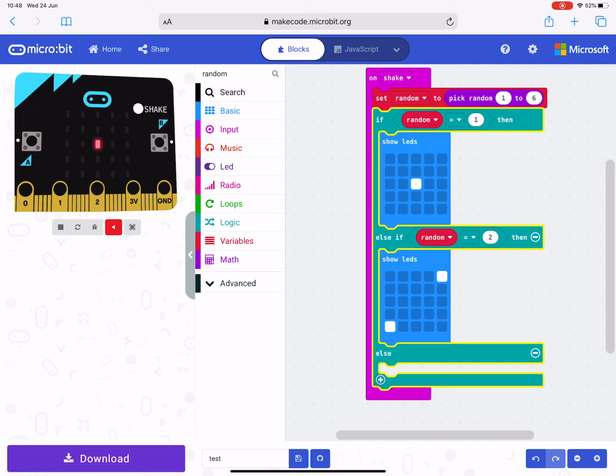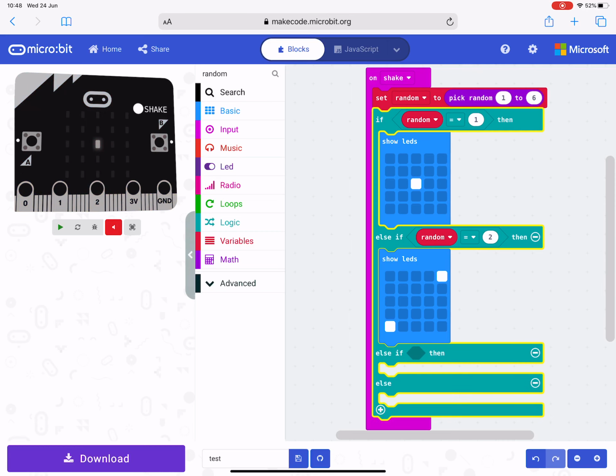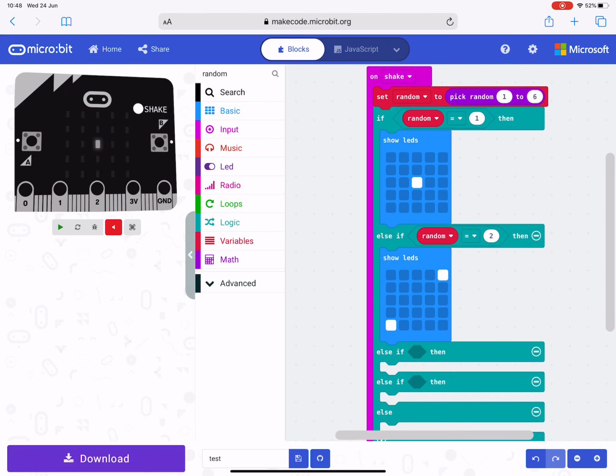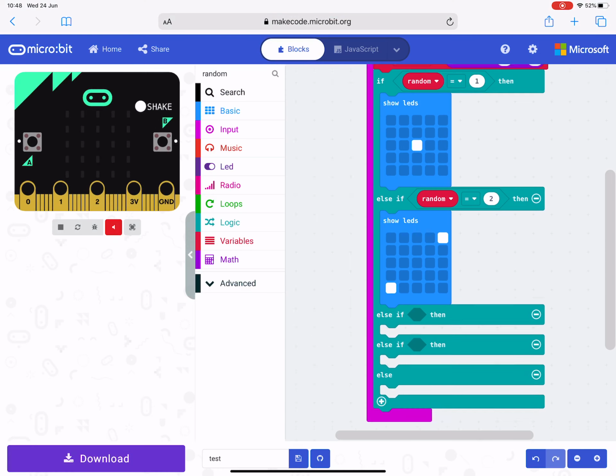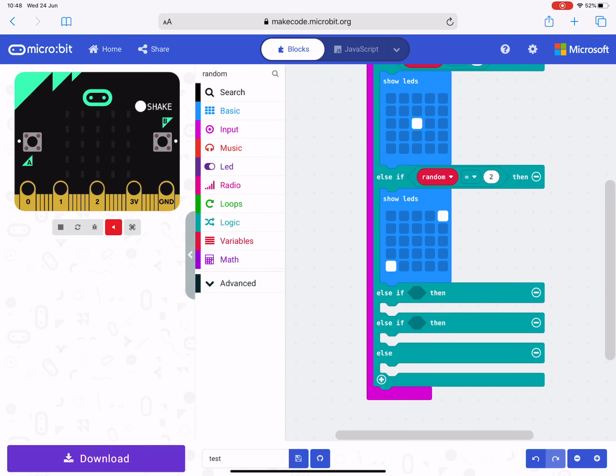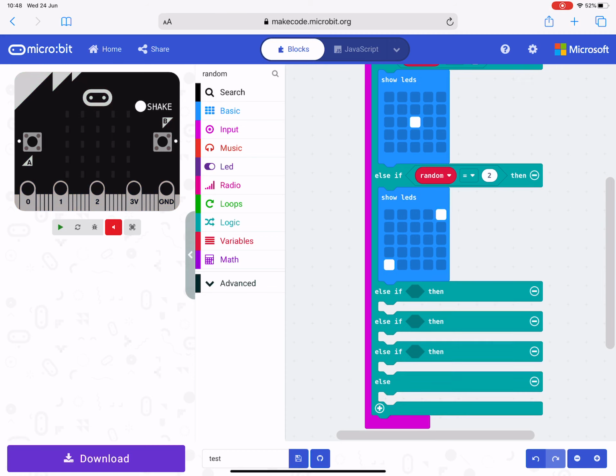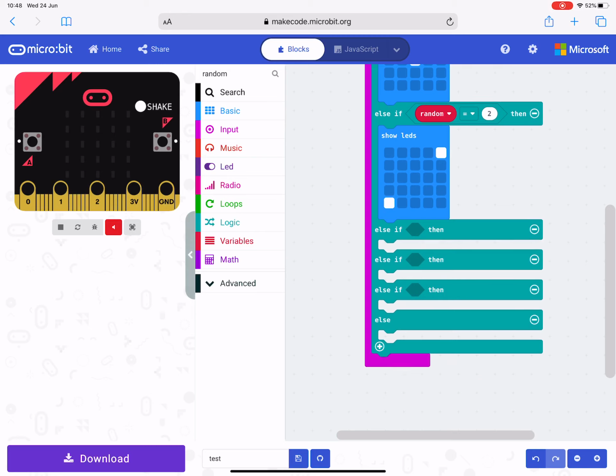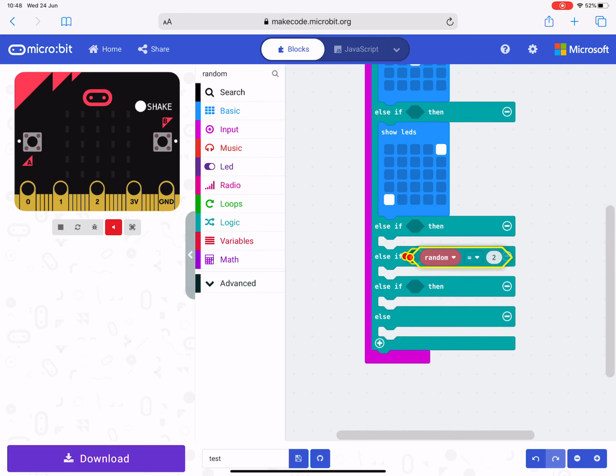In fact, let's just not be lazy. Let's put those in there. If it lets me. Oh no, it's going all over the place. Let's have a look. So I've got 1, 2, 3, 4, 5 slots. So we want to have another one, 6th one. So I'm not going to show you how it works doing it all now because we haven't got masses of time. But if I had random equals 2, then 3, 4, 5, what I don't have to do is say